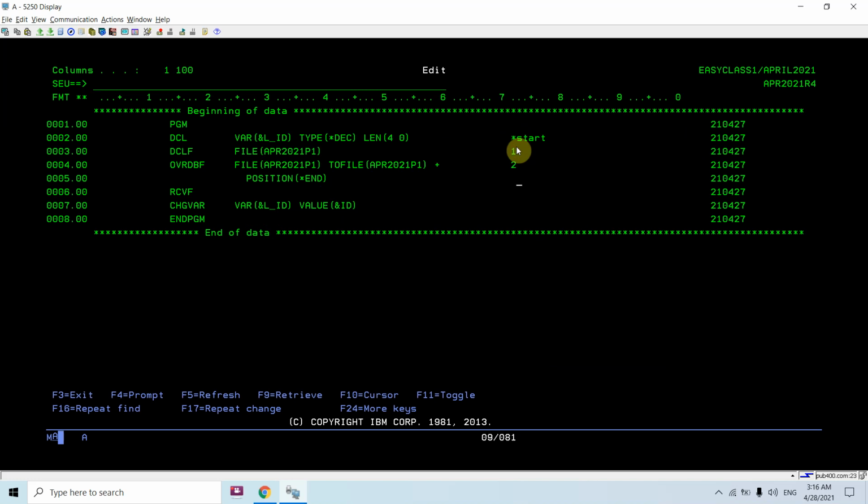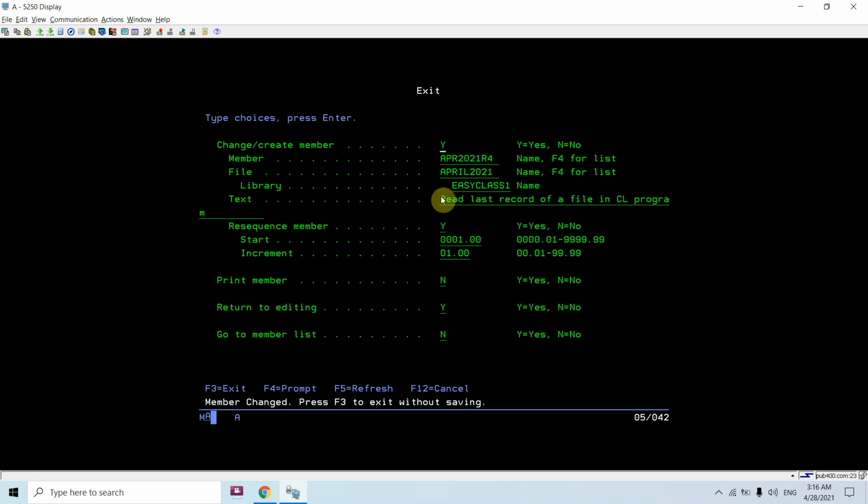in this way. Whenever you set the position to star start, it would set here, and you will then be reading the first record first and then up to the fourth if you are reading in a loop. And if you set the pointer to star end, it will be set after the fourth record. So you won't be able to read further records and you will get the error CPF0864.